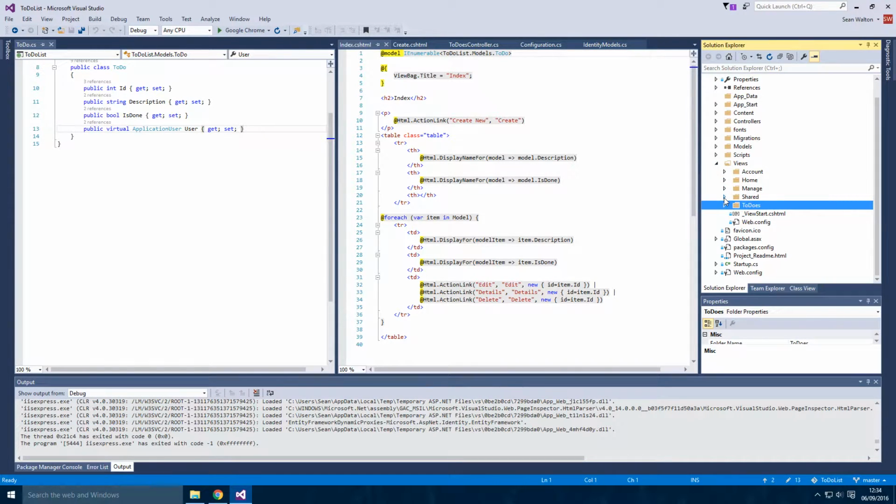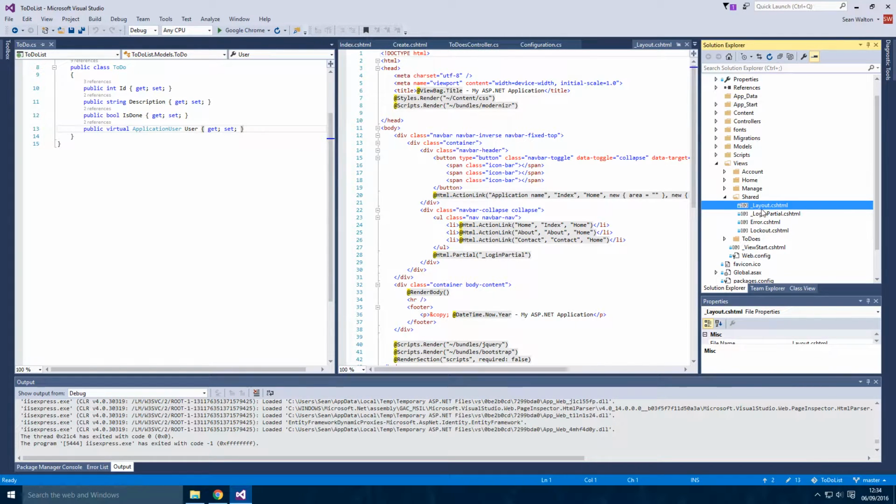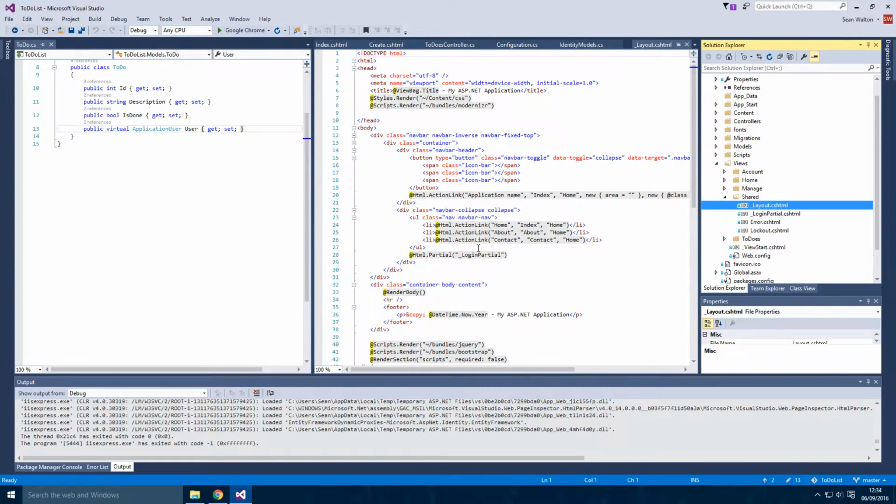So we have shared, which hopefully makes sense to you that these are views that are shared among all the different views. Whenever you see a view that starts with an underscore, what that's telling you is it's not a full view on its own. And in this case, it's telling you that this is a layout. So if we open the layout, then what we have is